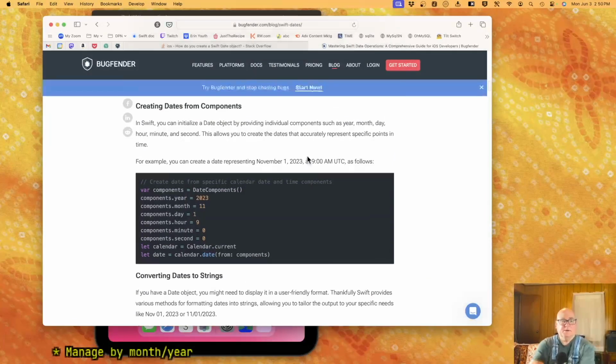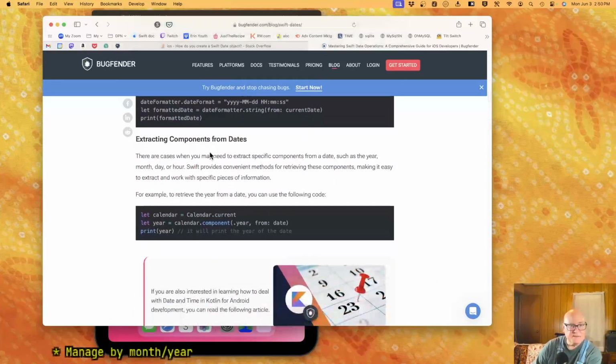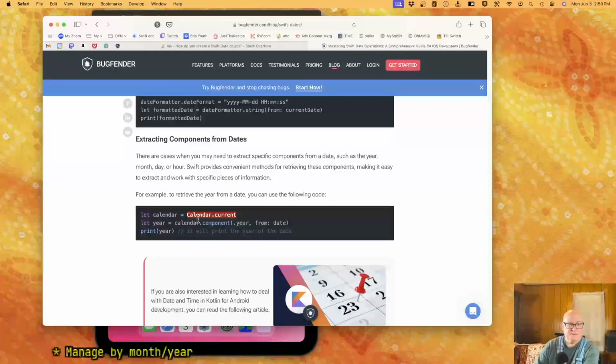Date components. That initializes it. Can I get from date to date components? The year from date, you can use this.